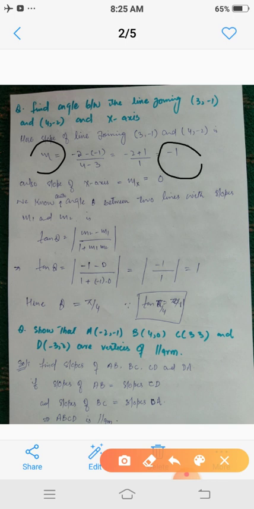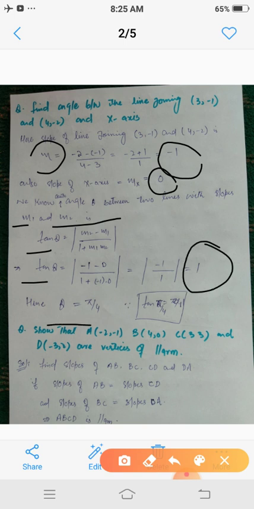Also the slope of the x-axis is 0, that is m of x-axis. Here m is the slope of the given line. We know that the acute angle between two lines with slopes m1 and m2 is given by tan theta equals modulus of (m2 minus m1) upon (1 plus m1 m2). Hence substituting m2 equals m equals minus 1 and m1 equals m of x-axis equals 0, we simply get tan theta equals 1,